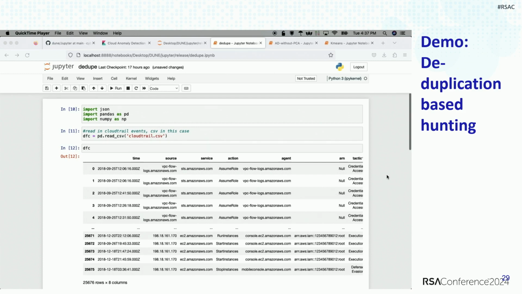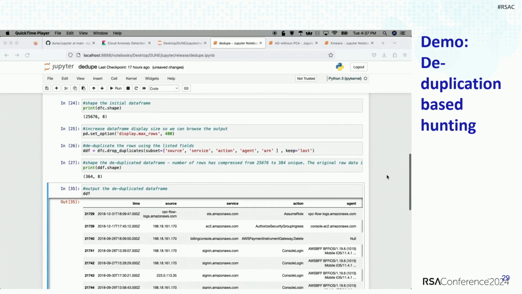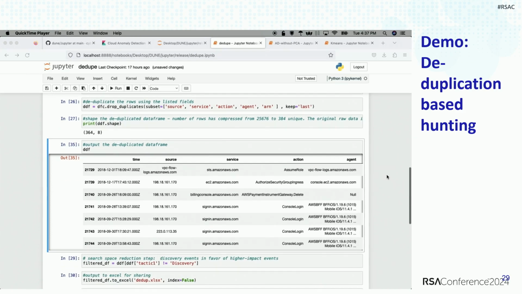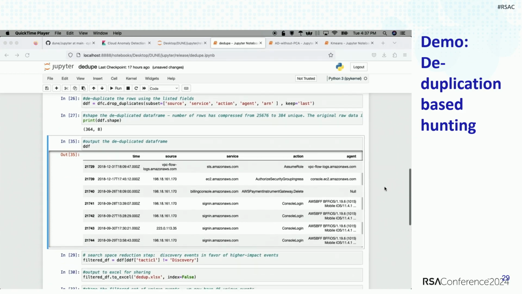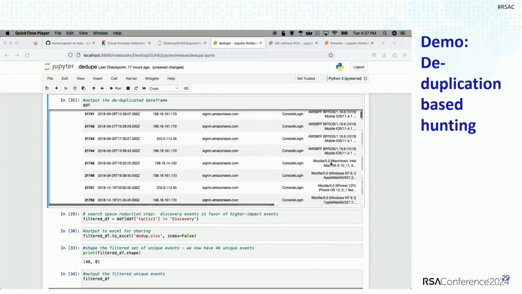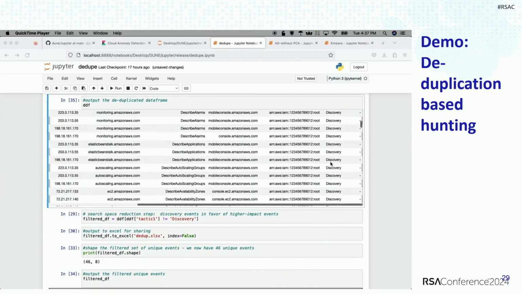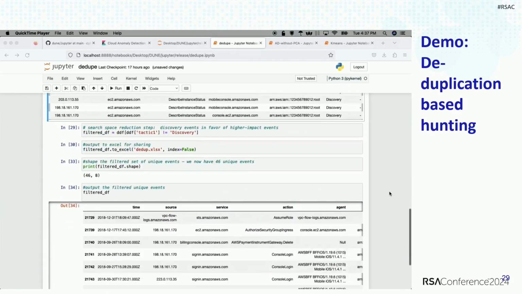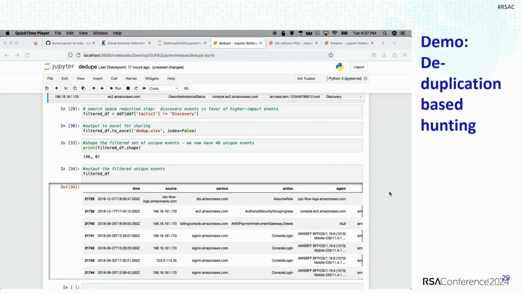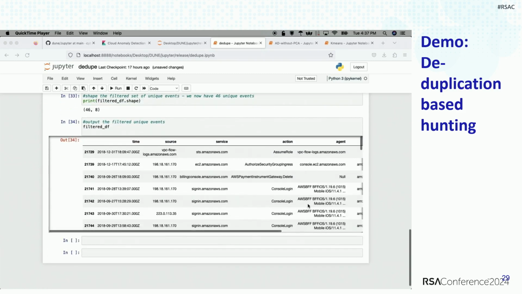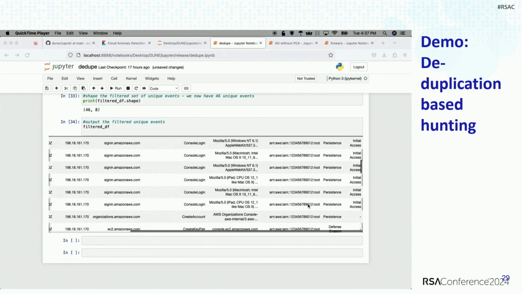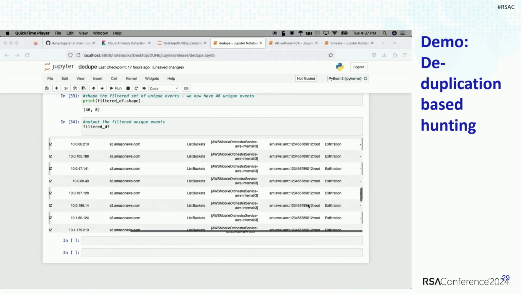So what this is doing is taking a set of 25,000 CloudTrail events and running them through a deduplication library that exists in a Python library called Pandas. And what I found is that I can take 25,000 CloudTrail events and reduce them to about 400 uniques using fields that tend to repeat. And then I can further reduce that. These events have MITRE tactics because they don't generally have those by default, but I added those by hand.